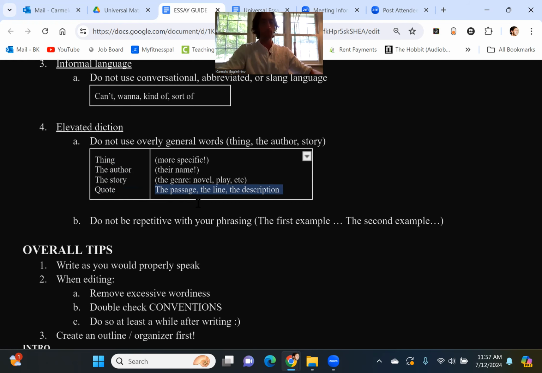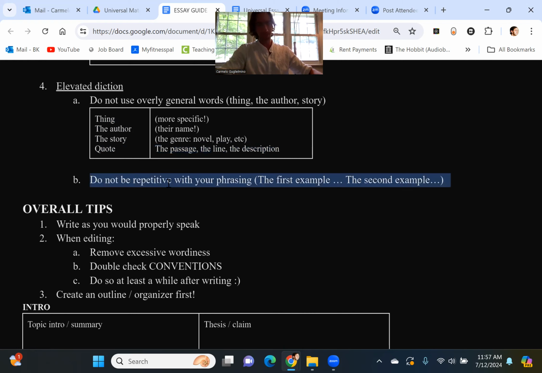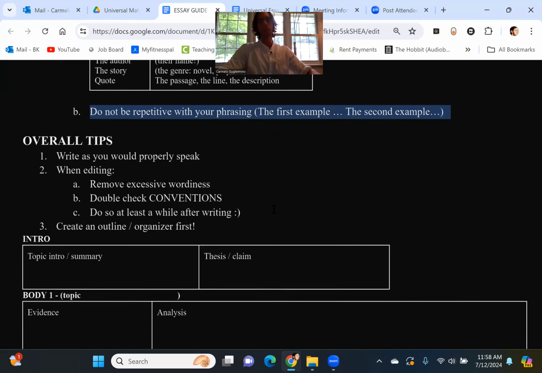Now, same thing, kind of always in the background of our style critiques is don't be repetitive with the phrasing, right? So you could say something like, oh, the first example is when Romeo does this. The second example is when Romeo does this. The third example is when Romeo, it's like, that's kind of repetitive, right? Find another way to do it. The first example is this. Another good example is this. Maybe the best example is blah, blah, blah. Like that's a little bit better, right? That just sounds a little bit better. I see that you're following a structure, but you're not being repetitive, okay? You're getting a little bit more sophisticated in your style, okay?